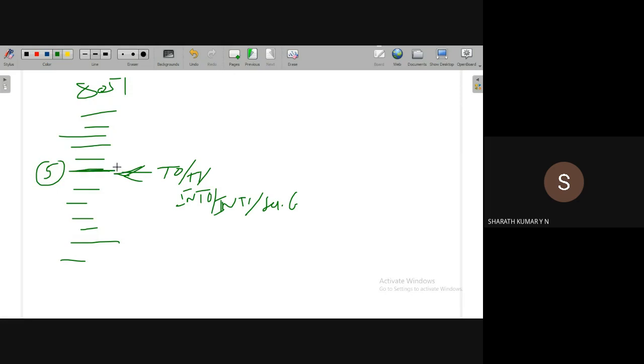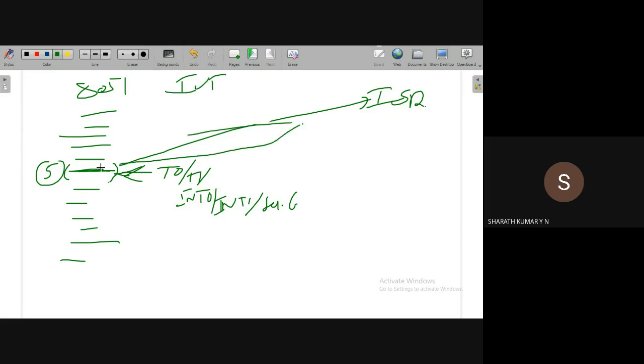The first job the microcontroller does is complete the execution of this fifth line of instruction. It will jump to the ISR, whose address is provided by the interrupt vector table, which is a fixed address for a given source of interrupt. Before it jumps to the ISR, note that when the fifth instruction is being executed, the PC is pointing to the next instruction. So before jumping, the microcontroller will save the content of PC on the top of stack memory.